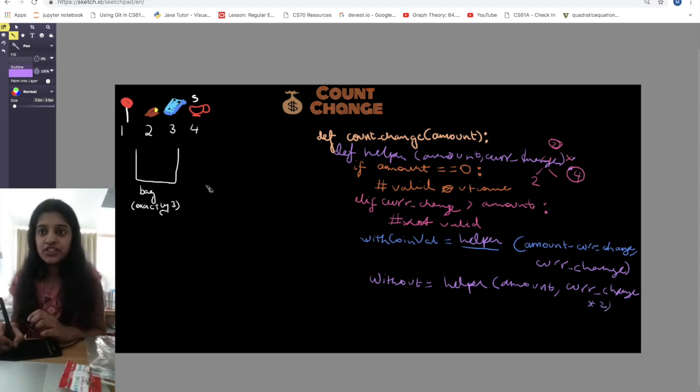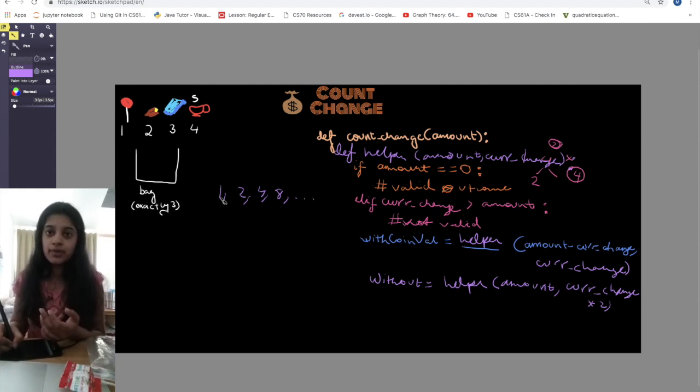Well, it's because our change in the count change problem is given by denominations of 1, 2, 4, 8, etc. So these are coins with values of powers of 2. So this is 2 to the power of 0, this is 2 to the power of 1, 2 to the power of 2, 2 to the power of 3, etc. Right? So that's why it's current change into 2. So for example, 4 into 2 would give me 8. Yeah. Alright, so I've gotten the 2 possible